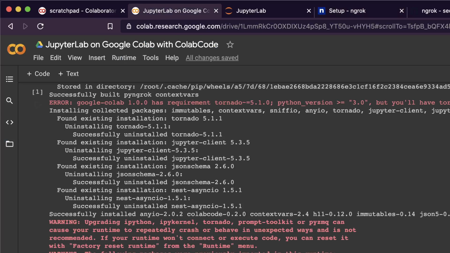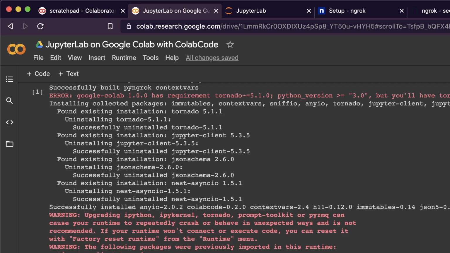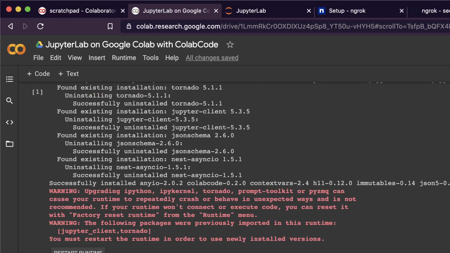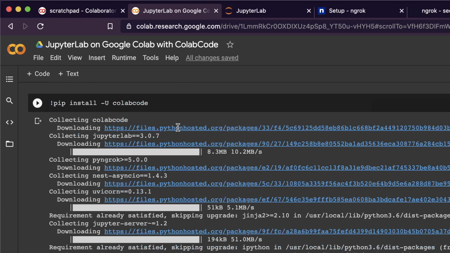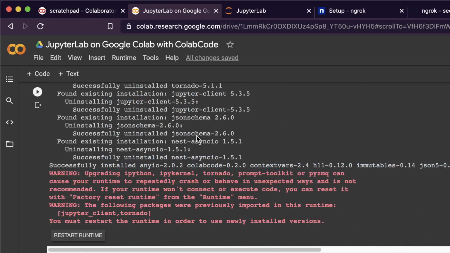Copy this token. You can either add it to the environment, but I'm just going to add it as a variable here. I'm going to call it auth token, equal to whatever it is. And just because I'm going to share this notebook, I'm going to delete this cell. Just keep auth token as something. Okay, that we don't need. So first we managed to successfully install ColabCode, and then the next thing we are going to do,